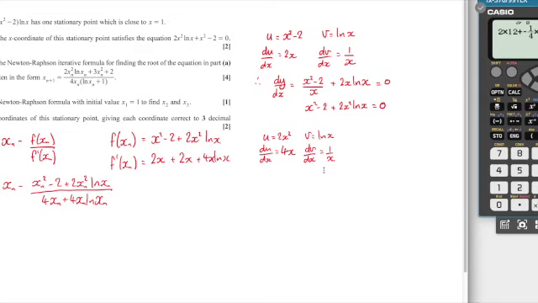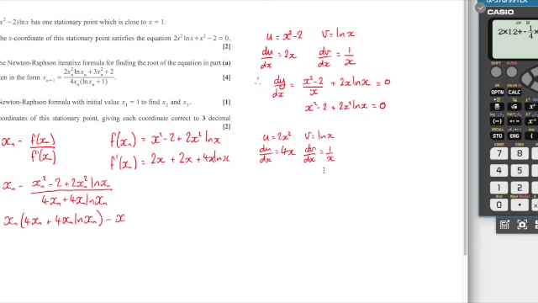Let's add together that, so I'm going to have to find common denominators here, so this is going to be xn times 4xn plus 4xn ln xn